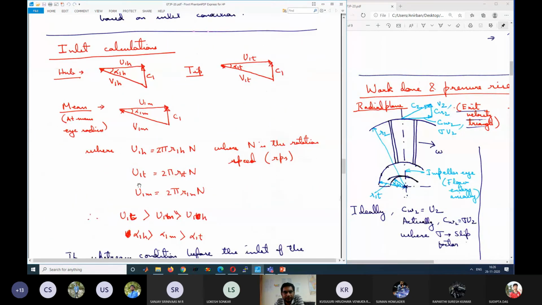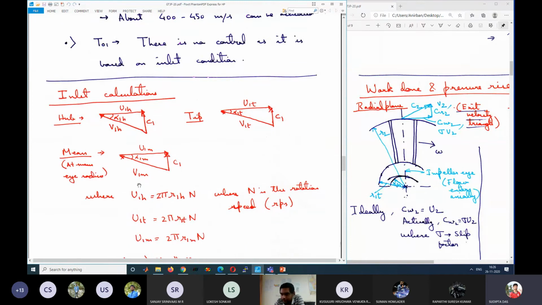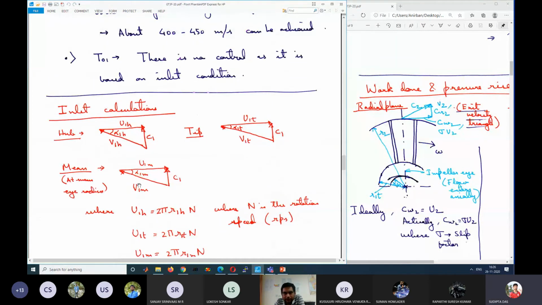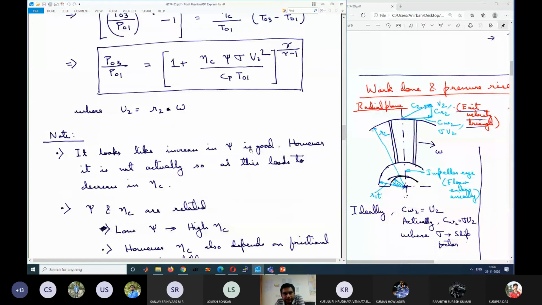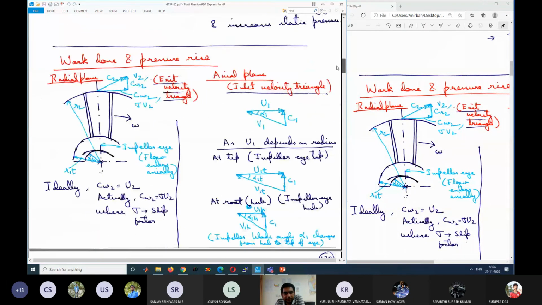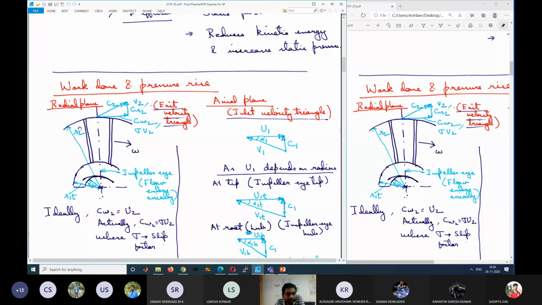If there is no question, sir, what is the reason behind the slip? The slip I have already explained, but I will explain again. You can see this diagram. I will keep this enlarged picture. Can you see the diagram of the schematic of the impeller? Okay, so these are the blades, vanes or blades. You can see these double lines, right? And these are moving in the right hand direction because of rotation.